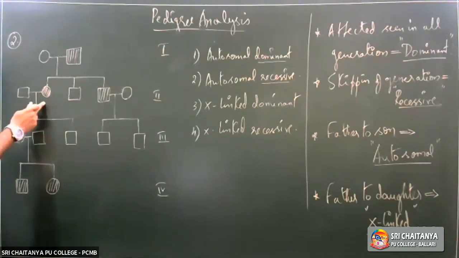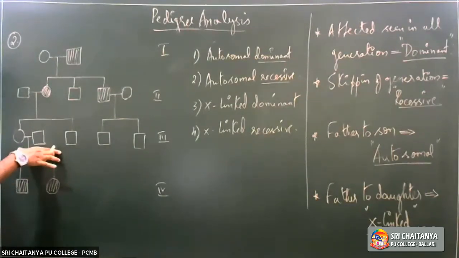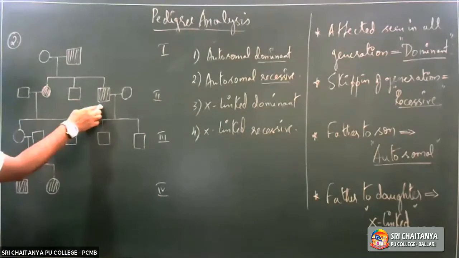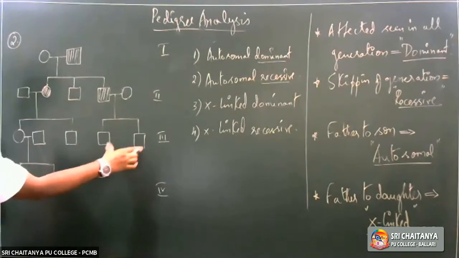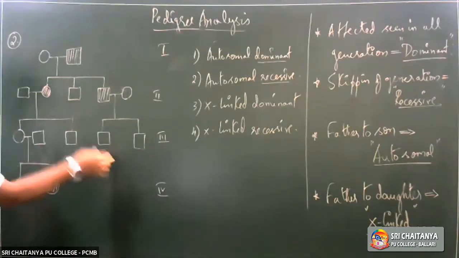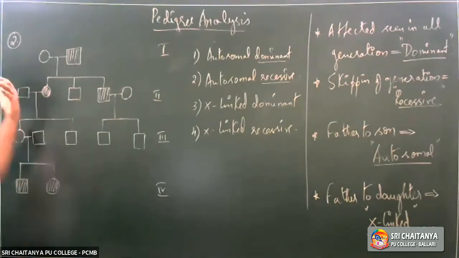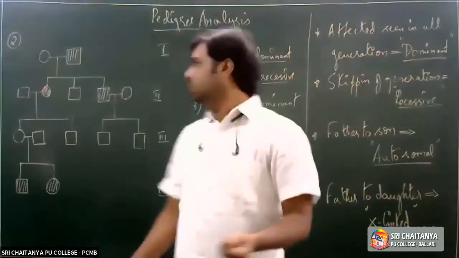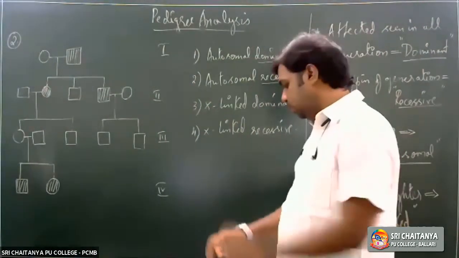Now in the second generation, an affected female marries a normal man and they have 2 children, a daughter and a son, and both are normal. Whereas in the second generation, the affected male marries a normal woman and they also have 2 children and both are normal. In the third generation, the first daughter marries a normal man and they have 2 children and both are affected. So this is the question we have, a 4-generation pedigree. Now how do we identify this pedigree chart?